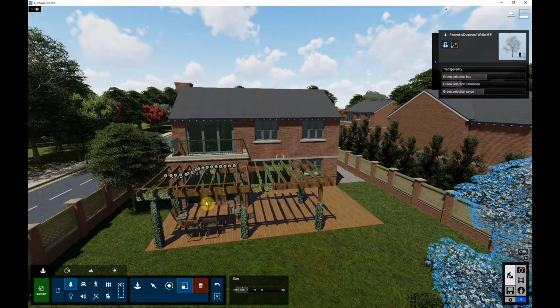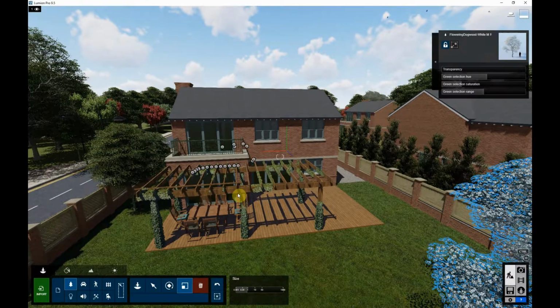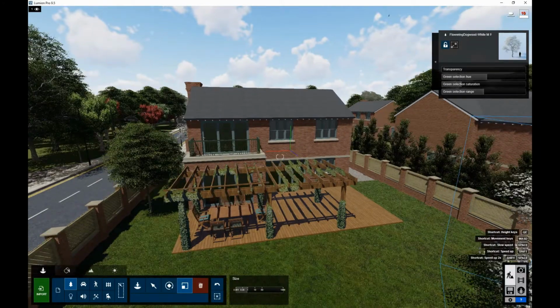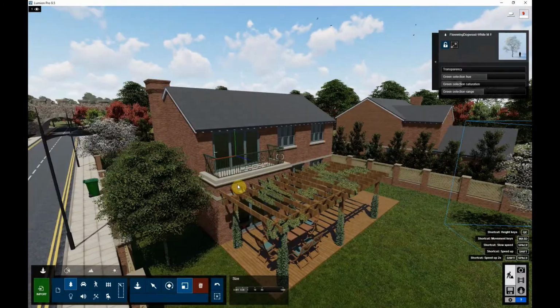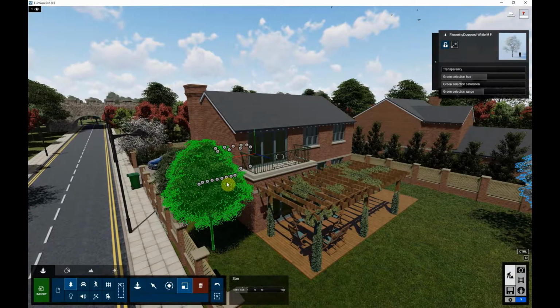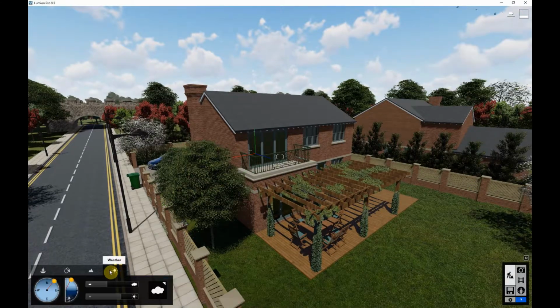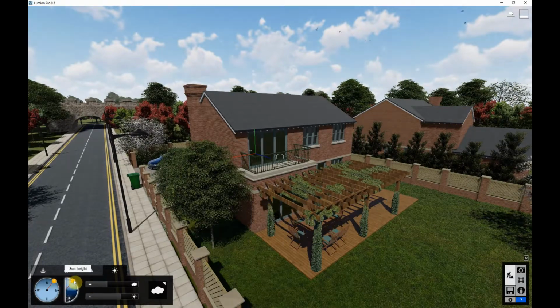So it just comes down to the time that you put into this to get the desired look that you want to achieve. So once you've done that, obviously you've got all the objects, you've got all of the materials in the scene. You then want to start adjusting the weather. So you can do this straight out of the build mode if you want to just keep working in a particular time of day. Again, simple slider system, so you can adjust